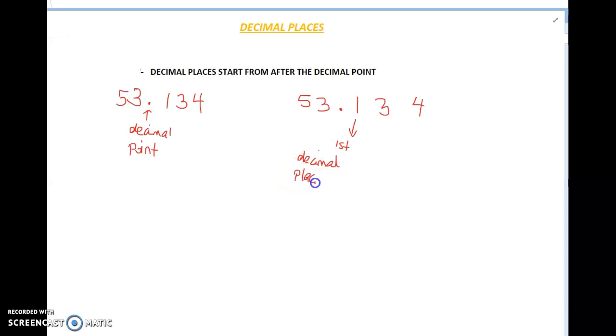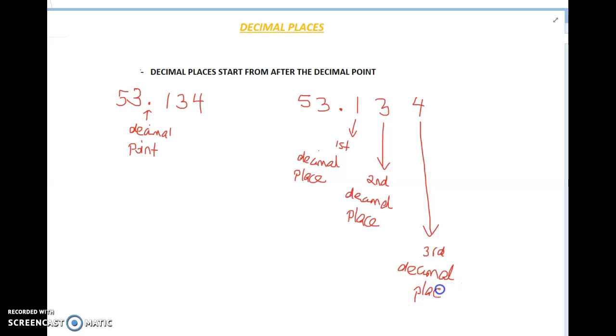And what do you think the 3 represents? The 3, yes, the 3 represents the second decimal place. Good. And what about the 4? The 4 will represent the third decimal